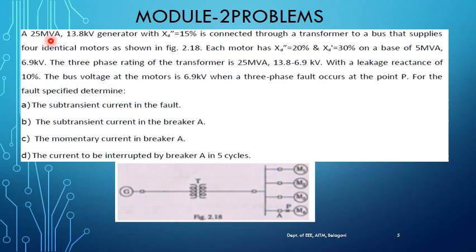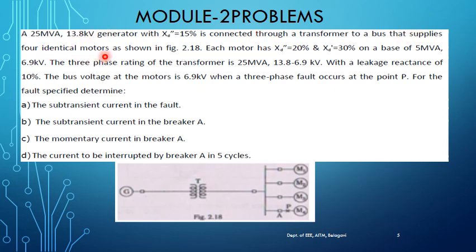A 25 MVA, 13.8 kilovolt generator with Xd double dash. So Xd double dash represents what? Sub-transient reactance. Wherever double dash is there, it represents sub-transient reactance. If it is having only one dash, it represents transient reactance. If there is no notation, then the given reactance represents steady state reactance. So this is sub-transient reactance of 15%, connected through a transformer to a bus that supplies 4 identical